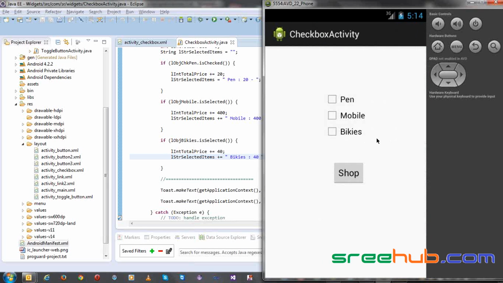So when I click on shop directly, it will show nothing, price 0, fine, because nothing is selected. So let's select only pen, click on shop. Let's see, selected items: pen, which is 20 rupees, and total price is 400. In the same way, select mobiles, everything, click on shop, you see selected items,